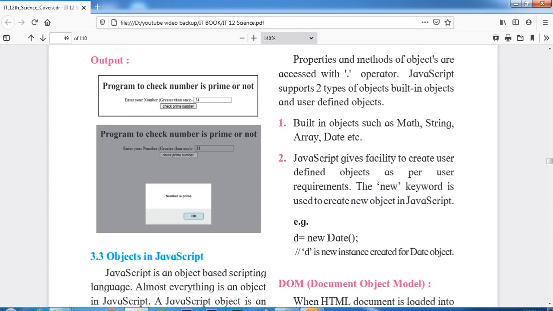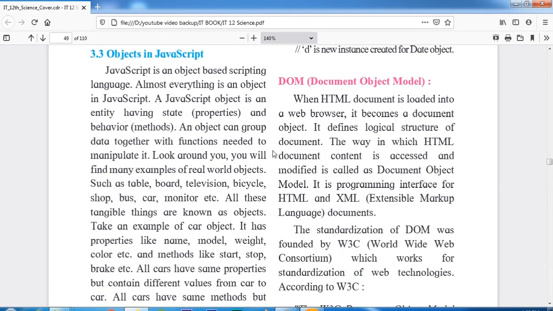So let's move towards the document object model. When an HTML document is loaded into a web browser, it becomes a document object. It defines the logical structure of the document. The way in which HTML document content is accessed and modified is called the document object model.